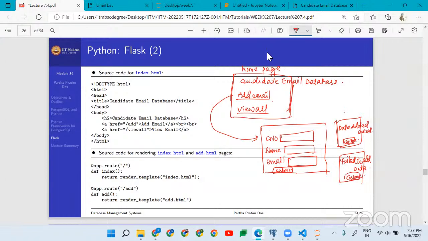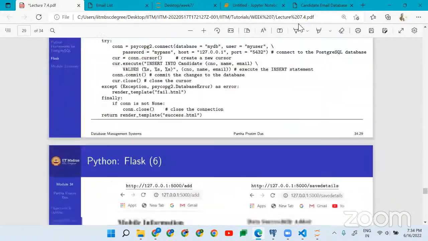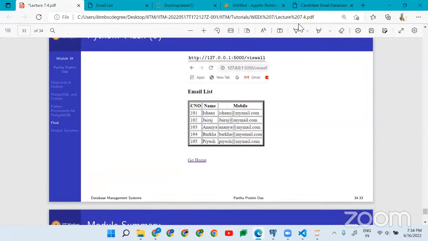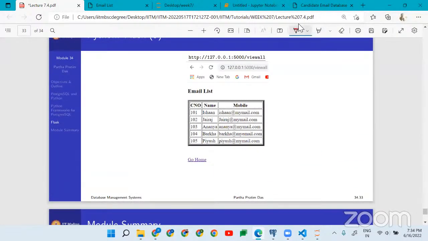and if you go to home, this view all returns all the values from the database in an arranged manner, in a table. The CNAME looks similar to this. So you can see here CNAME, name, and the mobile numbers and whatever values you inserted, right? Yes, sir. Okay,